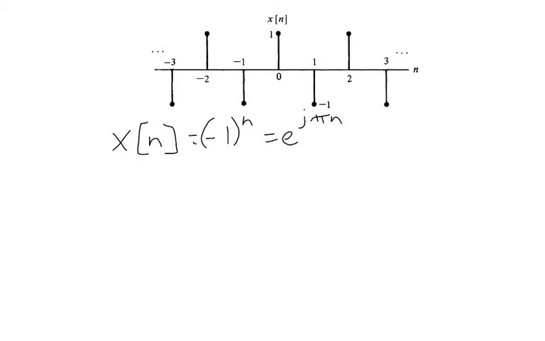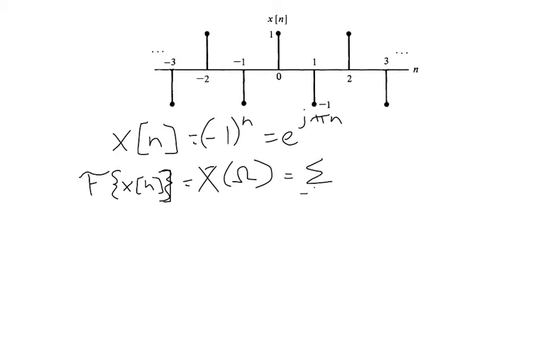So now that we have our function pretty much mapped out for us, now we must take the Fourier transform. So let's draw our little fancy F, easily the hardest part about Fourier transforms. And we're just going to take the Fourier transform of our function. Once again, that is an n, not an h. And so basically the Fourier transform of this is going to look something like this. X of omega is going to be the summation from -infinity to infinity, delta function of omega minus pi minus 2 pi